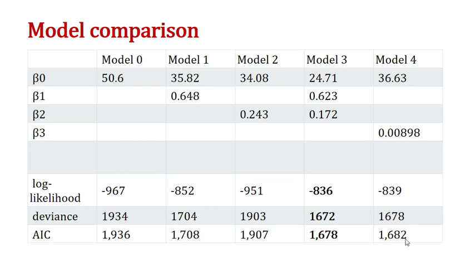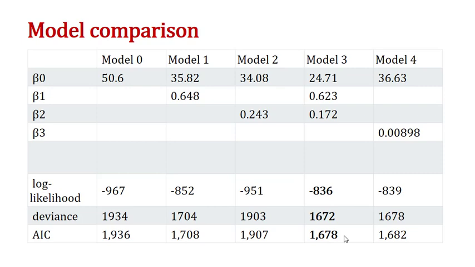So basically only 4 points, and that's because it has one less parameter, 1, 2 versus 1, 2, and 3. So as you can see, model 3 has the lowest AIC, and this is the important